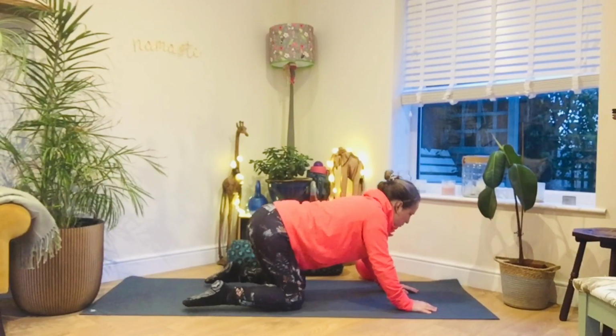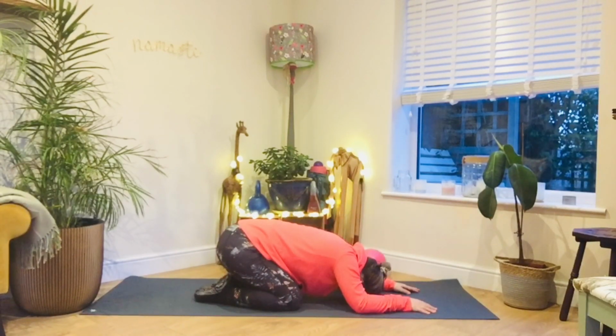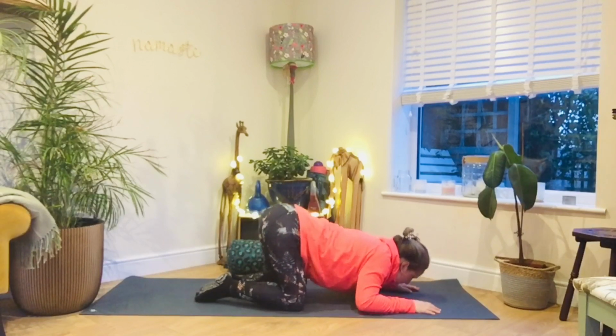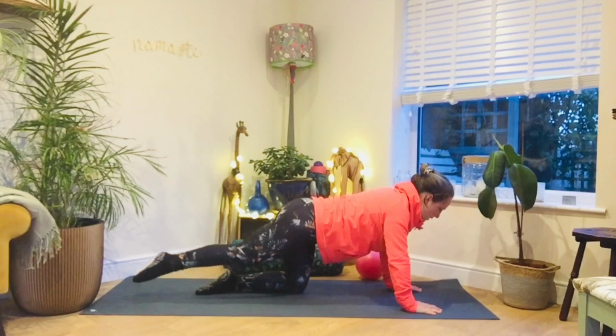Take your bottom back towards your heels. You can bring your toes together or you can leave them apart. Forehead onto the mat, forearms pressing into the ground. Then leading with your nose through your hands, lifting yourself back up onto all fours, taking that right leg out